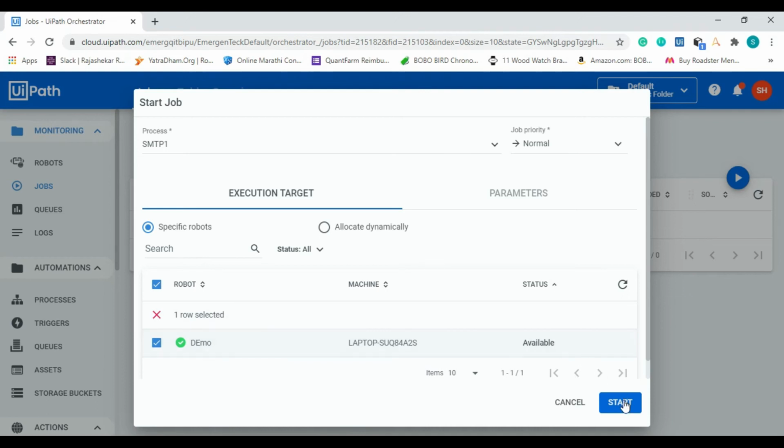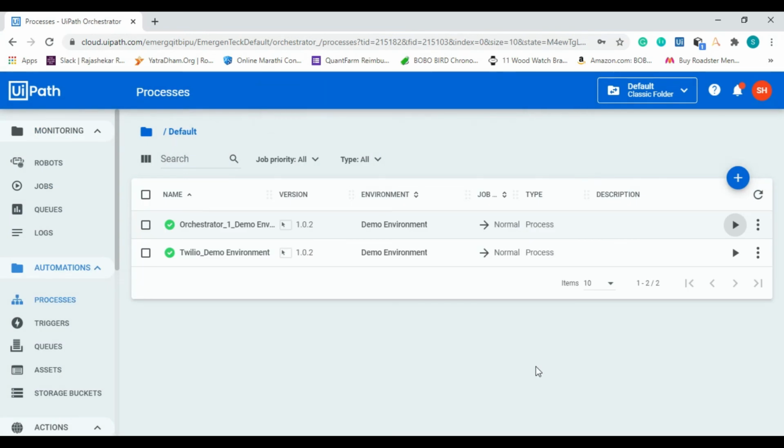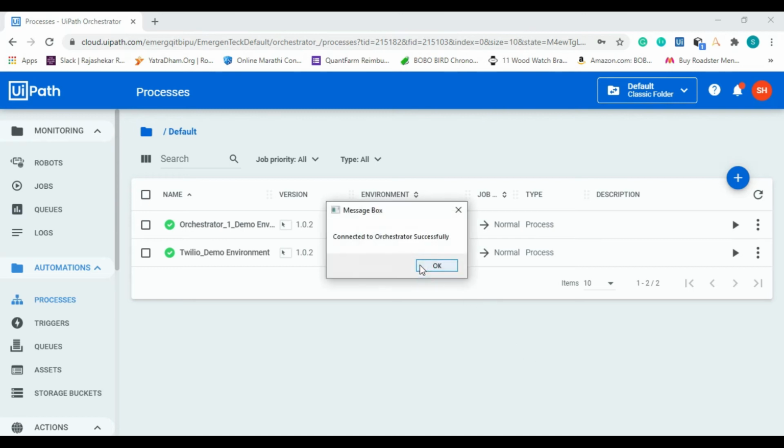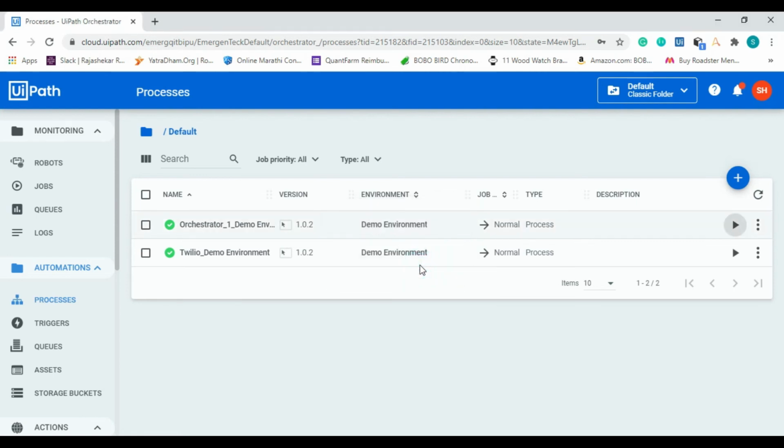Then click on start, and if you see here now it displayed our first message, that is process started and then connected to orchestrator successfully. So likewise you can run your process from the orchestrator.